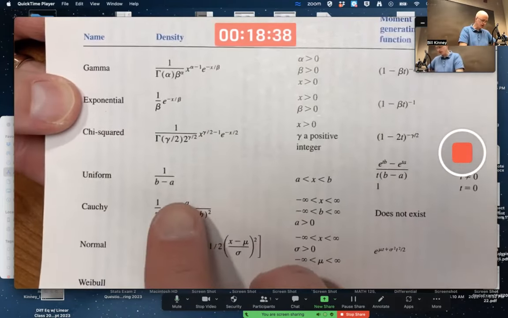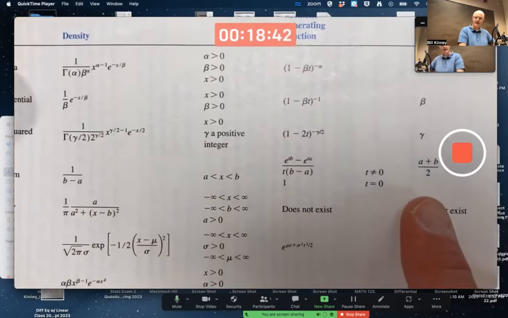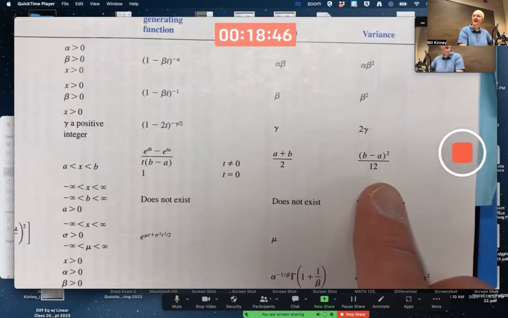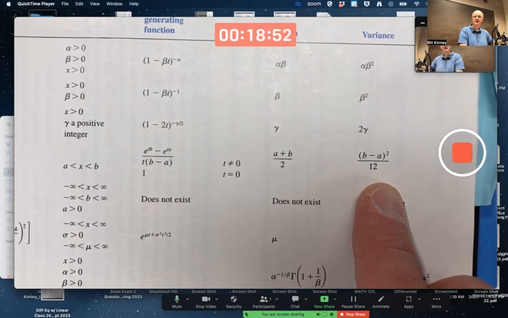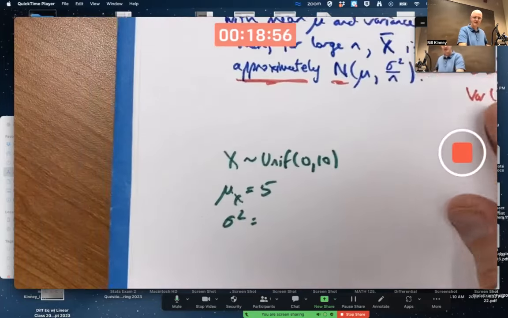A continuous uniform distribution with that density over the interval from a to b has mean (a plus b) over 2. That's the midpoint. And yeah, variance (b minus a) squared over 12. We did derive that 3 or 4 weeks ago. (b minus a) squared over 12. So that's